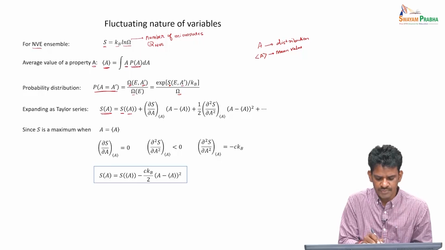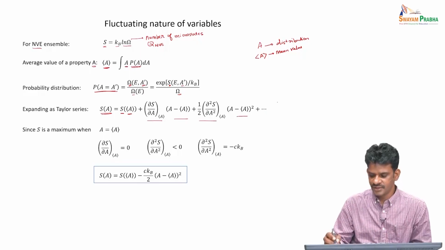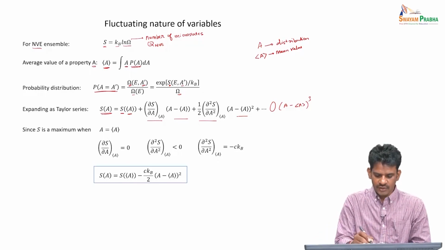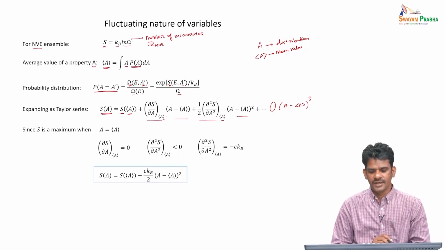So, we would like to basically expand the entropy about the entropy corresponding to the mean value of A, and then we take the first derivative times delta A, second derivative times delta A square, and then higher order terms. So, you will have these terms which we have neglected. It is a simple Taylor series expansion, and all these derivatives, the first derivative of S with respect to A, and the second derivative, ∂²S/∂A², are all estimated at this particular reference position, which is the mean value of A.